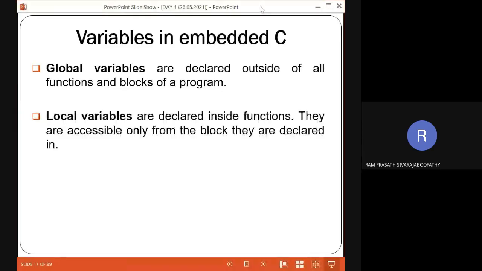What is the difference between a local variable and a global variable? This is a C concept; you already know about it. If I assign a global variable, what does it mean? For example, if I assign a global variable x equal to 10, that means that either in your main program or in any function, the value x is going to represent the same thing,